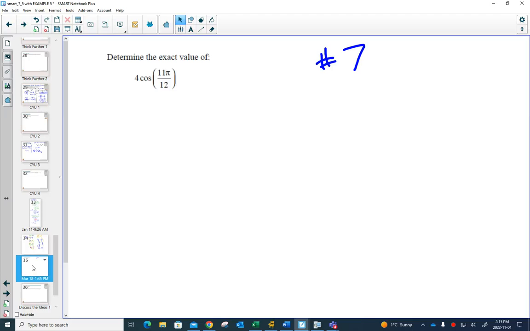What's different about it? It has a 4 in front. That 4 in front caused some students that year to completely shut down and leave this whole question blank. What does that mean? Okay? Multiply your final answer by 4. So if you could first find